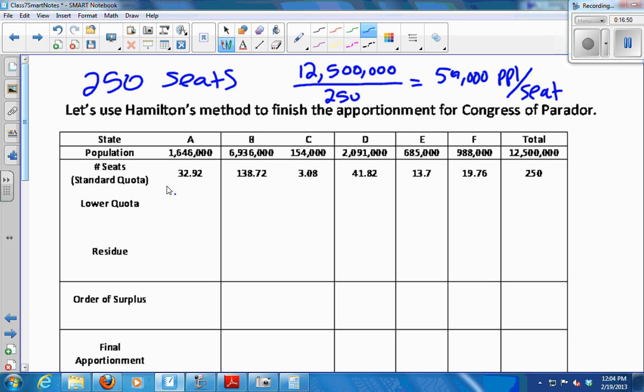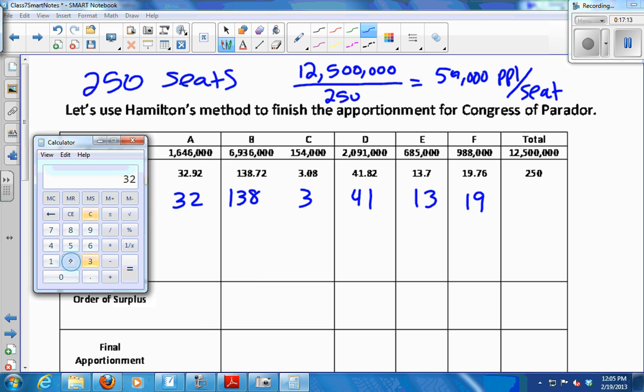So this is going to be 32, 138, 3, 41, 13, and 19. It takes some effort to break the habit of standard rounding, so just remind yourself, round them down. But when I add these all up,